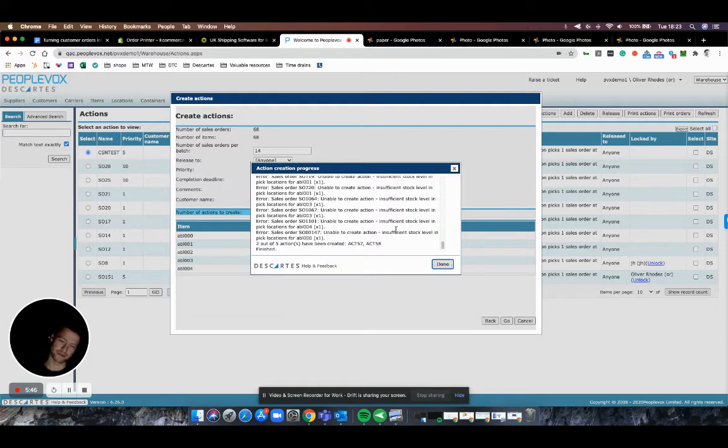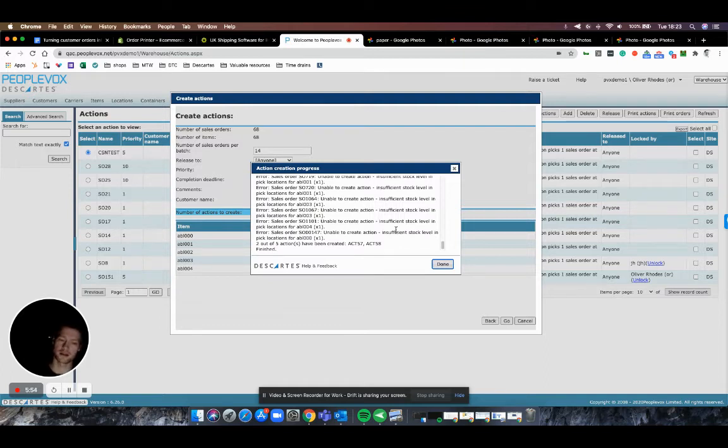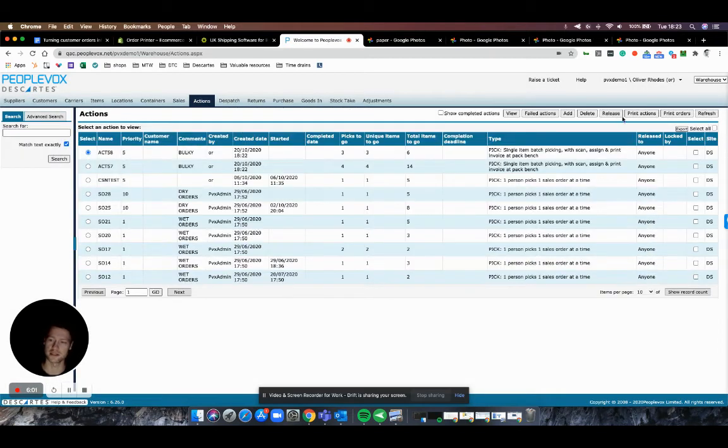I've got a very bad warehouse operation. Most of my actions can't be created. It's very unlikely for a client that you're going to be in this situation, anybody using the system, because prior to doing this,